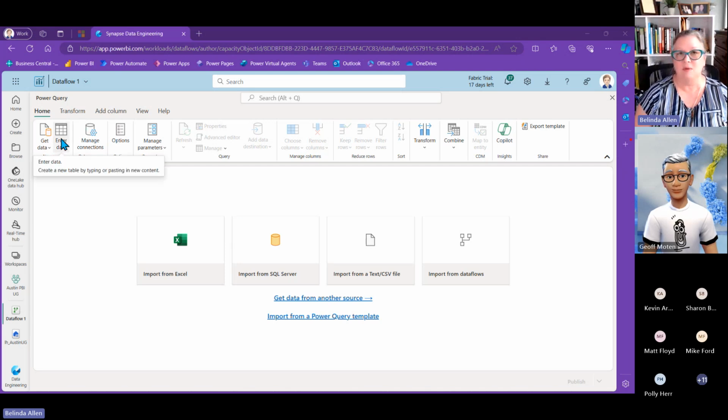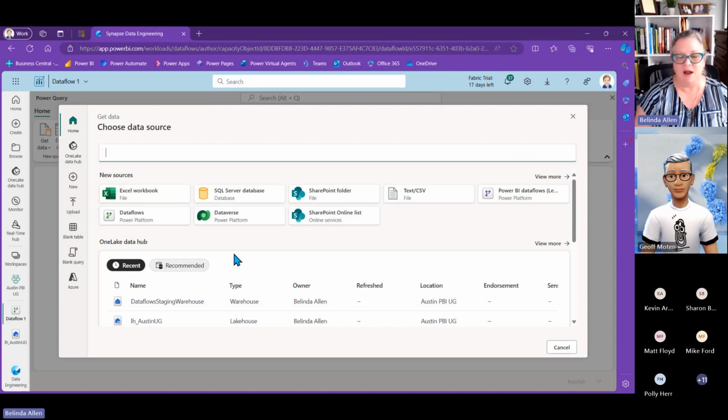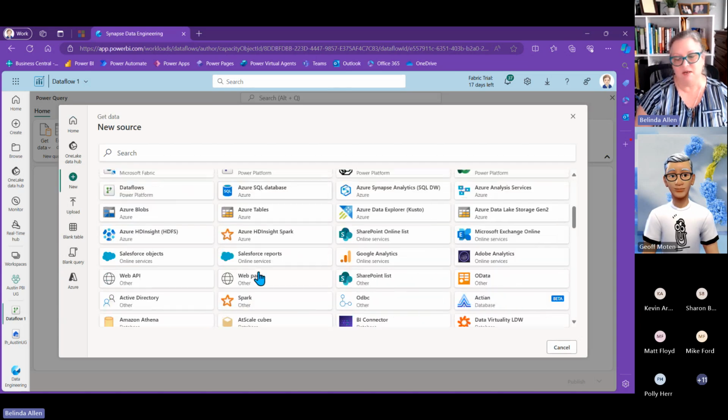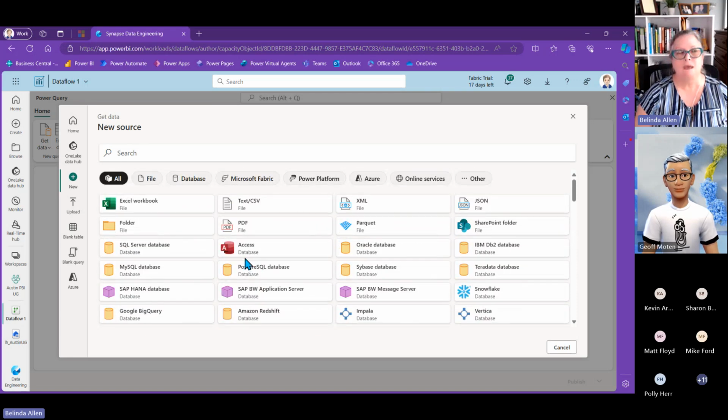So the first thing I'm going to do is connect to some data that I have. I'll click on Get Data, just like you're used to, and I could find my data source. If I click on View More, you could see this looks very much like the Power Query that we see. The ingestion point here, we don't see it looking this way in Power BI, but if you work in Dataverse, it looks like this. So it's essentially the same thing.